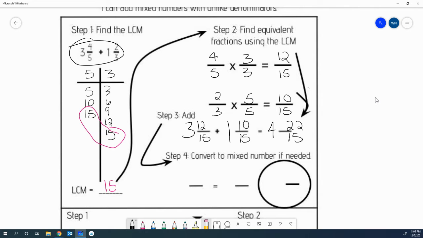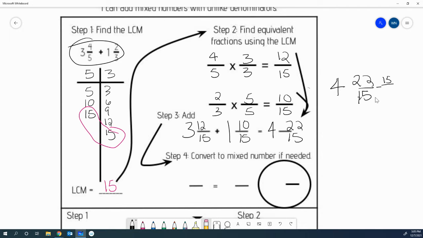22/15. Now, I know you're looking at this and going, but that's an improper fraction and a mixed number. What in the world are we going to do with that? I'm going to show you. We've got 4 22/15. In order to change that into a proper mixed number, we're going to take this 22/15 and we're going